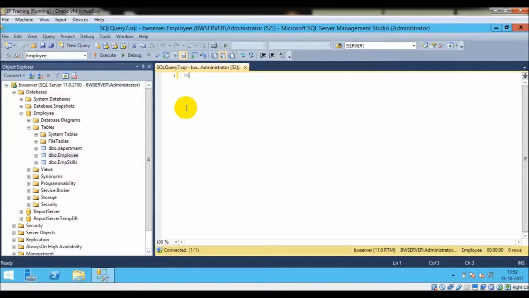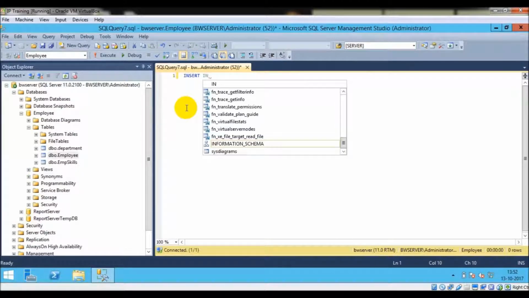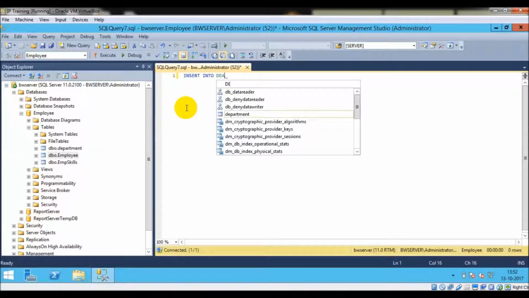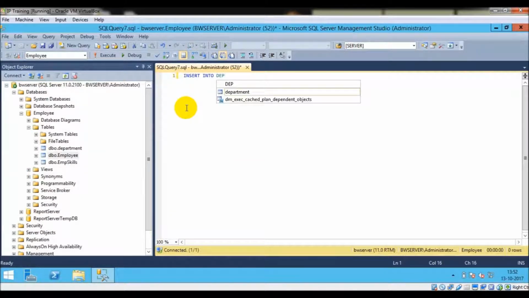I'll be using the simple syntax of the insert statement where we don't specify the fields. So the syntax would be: insert into are the keywords, and then the table name, that is department. So I'll select department from the drop down. Values is again a keyword, and then I will